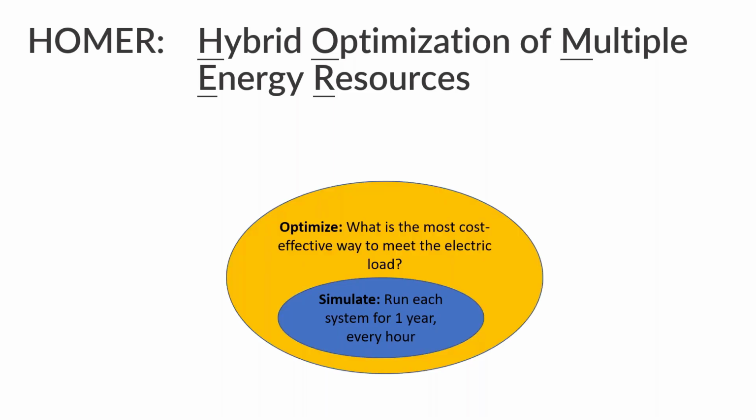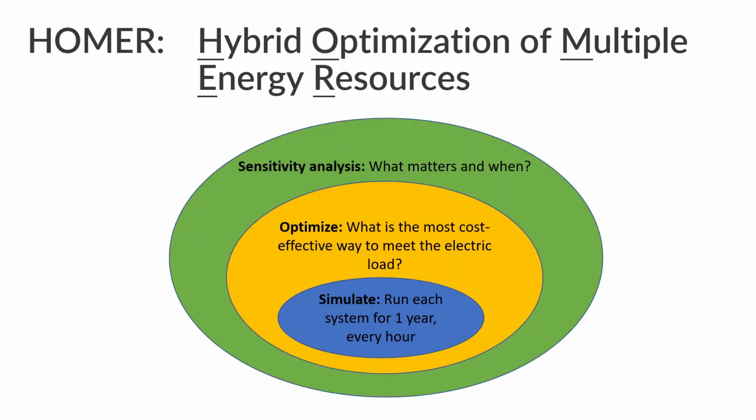Simulation tells you how one system operates, and the optimization step then simulates hundreds of different systems to find the least cost system. HOMER also has an option to do sensitivity analyses, which allow you to look at the impact changes in variables that you don't have control over, such as fuel price or wind speed, have on your system